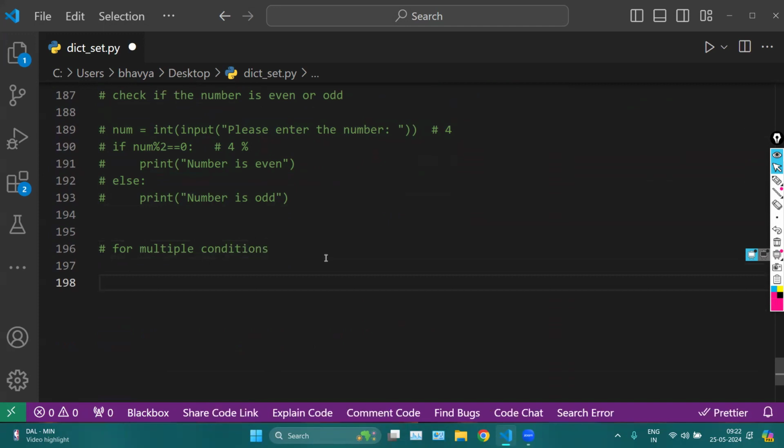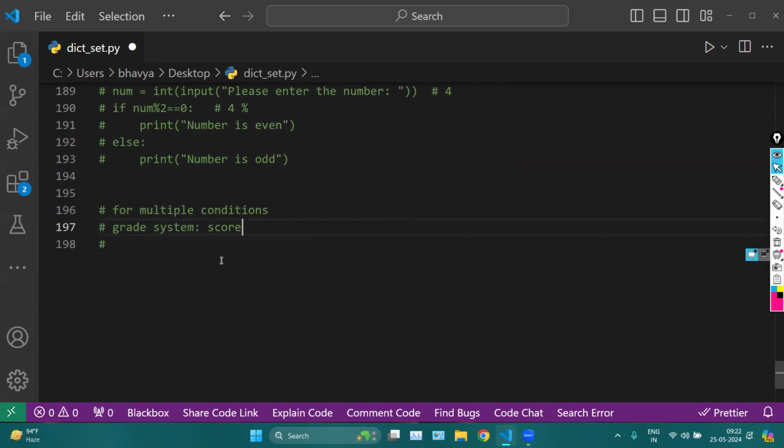What if I have multiple conditions to check? Let's say I wanted to put a grade system. In this grade system, I want a person to apply any number, let's say any score. On the basis of the score, I will apply a grade here, like A grade, B grade, C grade, and so on. So let's say if the marks, or we can say the score, is greater than,